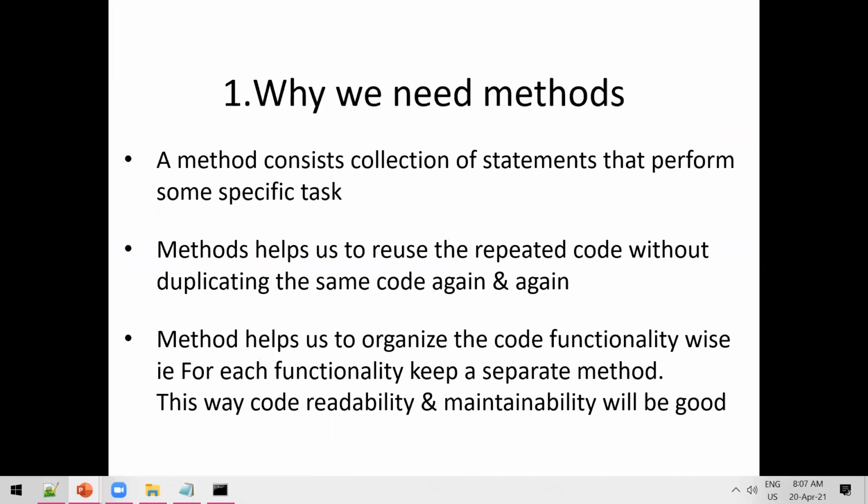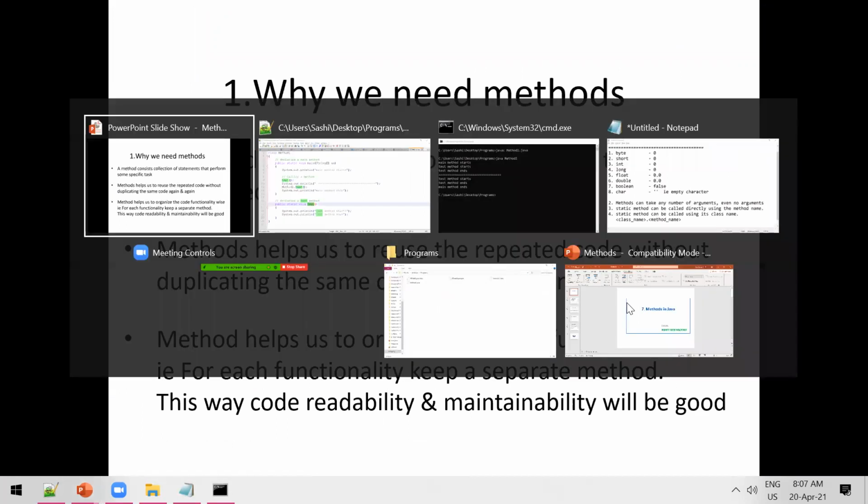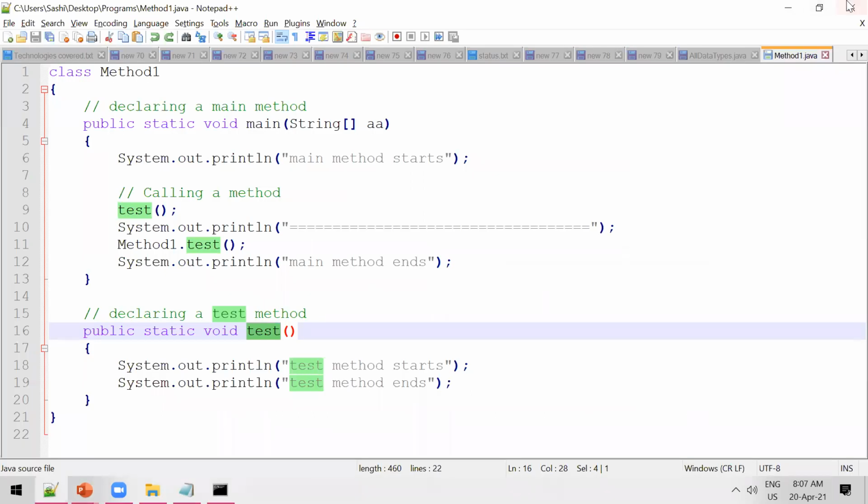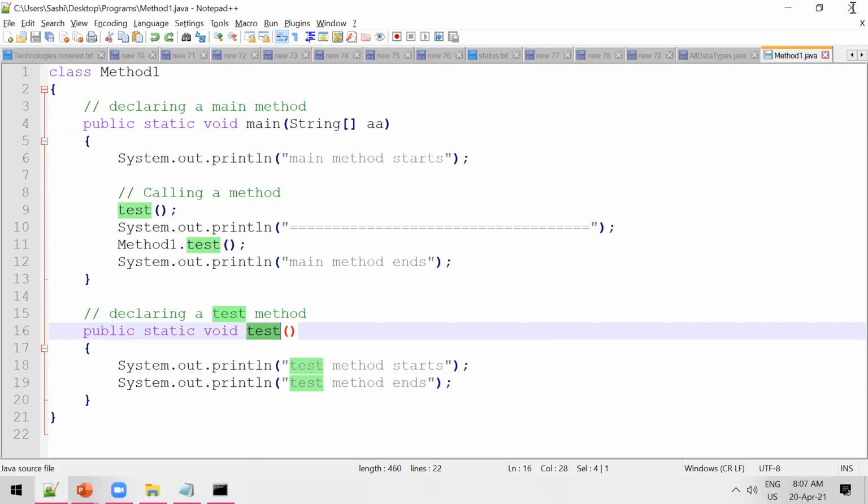here, the second point, right? Method helps us to reuse the repeated code. Instead of keeping the duplicate code again and again, you need to keep it in a method and call it whenever needed. So here we are calling twice,